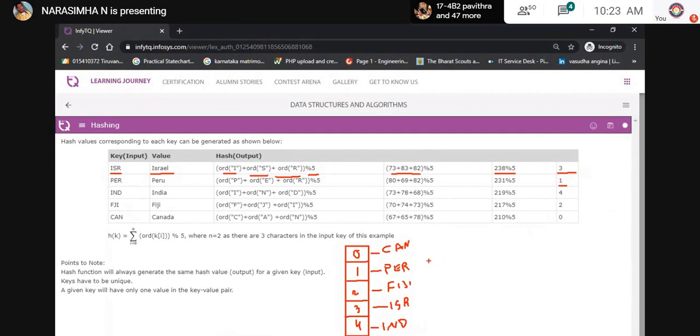Now let's see here. In sequential order, or otherwise in a linked list representation, you have to traverse each and every element.